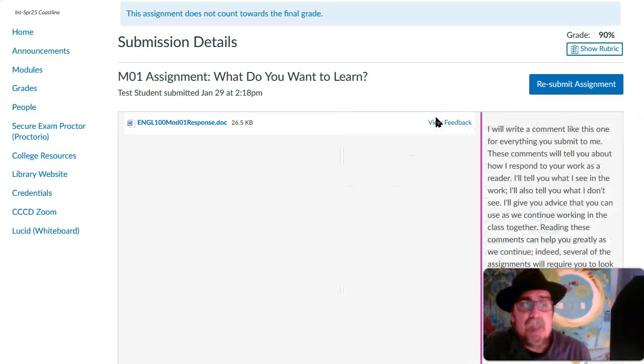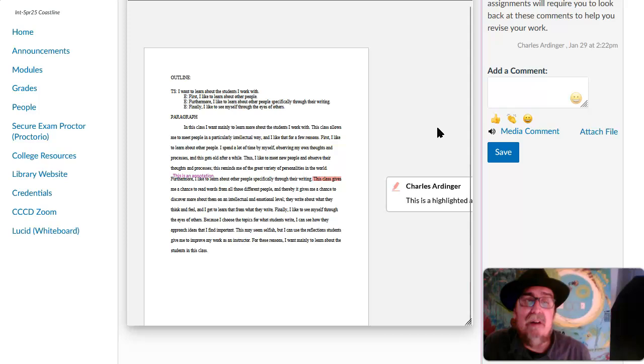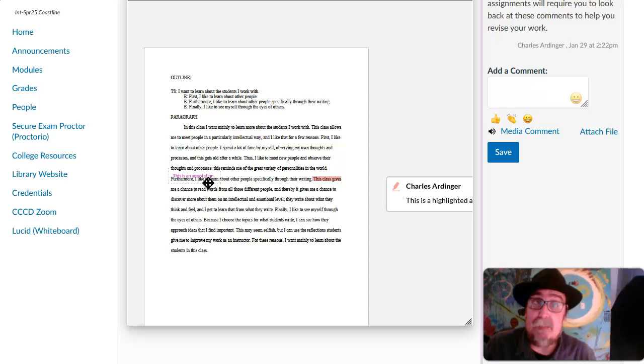And finally, this link that says View Feedback will produce a very small copy of the work you sent in. Now, this is particularly small because I have to use a small window for my camera software. Yours will probably be larger and easier to read. I want to point out in this view that you can see annotations. This is an annotation. Think of it as what I might write if you gave me a typed submission on a piece of paper and I wrote on it with a pen and gave it back to you.